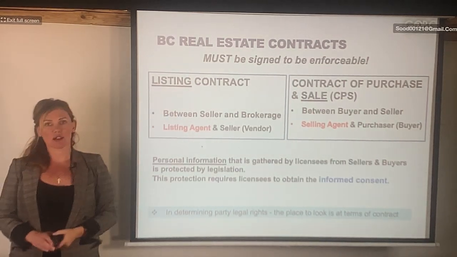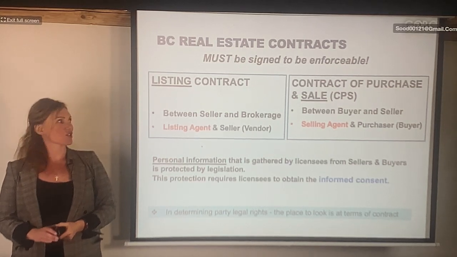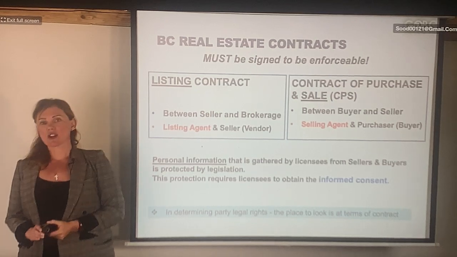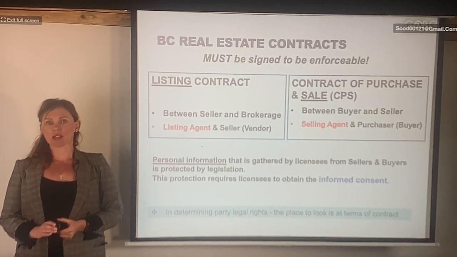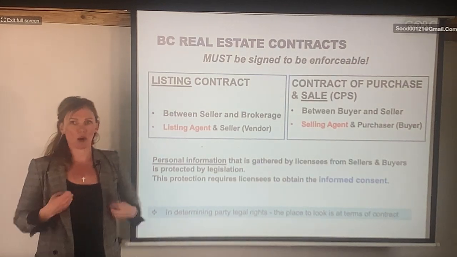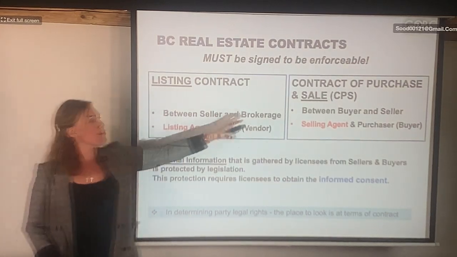So, contract of purchase and sale, okay? It's the CPS. CPS is the short version of this. You'll see it all over our notes, right? Contract of purchase and sale. So now with this contract, this is where you work with the buyer, and the buyer finds the house he likes, and he says, let's put an offer on this house, right? It's my contract of purchase and sale. So I want to purchase this house. So it's going to be between the buyer and the seller.